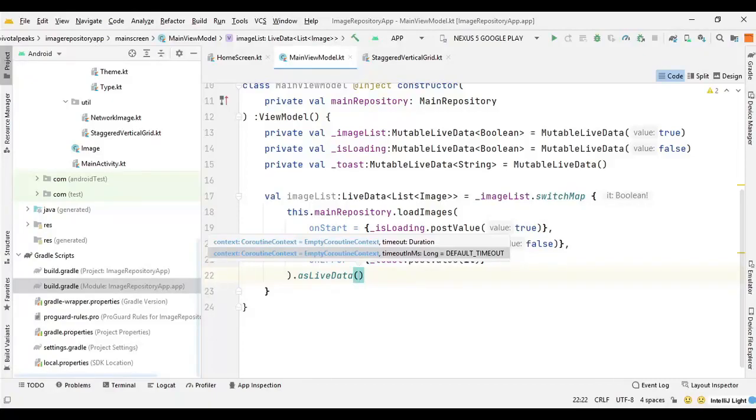So let's create the coroutine context. So for that we need an extension for this view model. So let's create the view model extension.